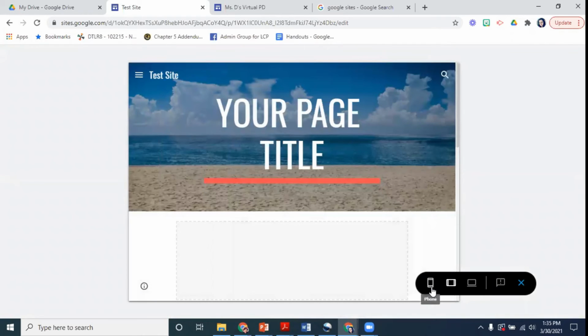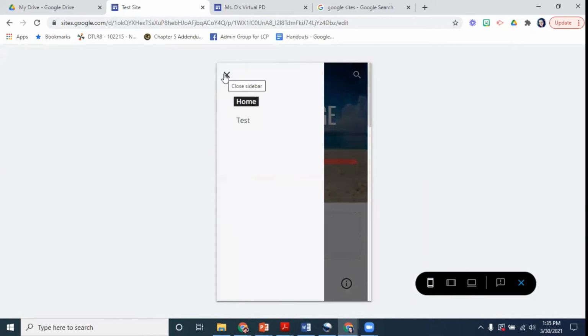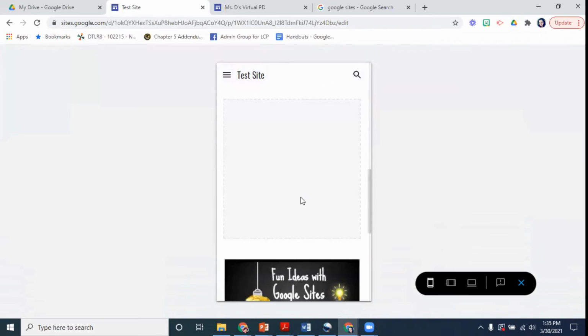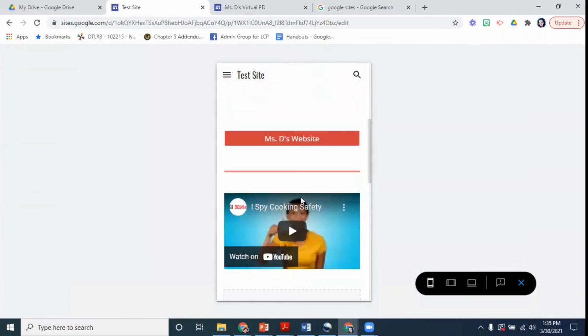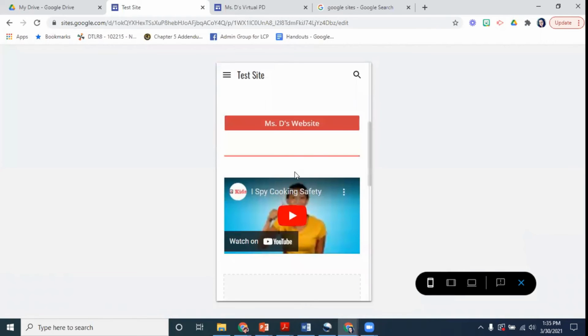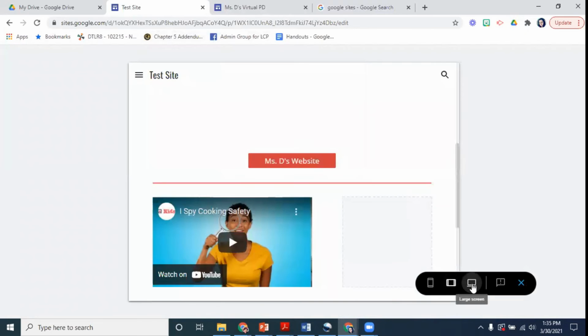The one on the far left is a cell phone. So this drops it, and the menu is up on the side as well. When I scroll down, I can see what it looks like on each of these devices. I can also test links. I can push play on things. I can see, does it actually take me where it's supposed to go? So go through and play with it so that you know what it looks like on each of those